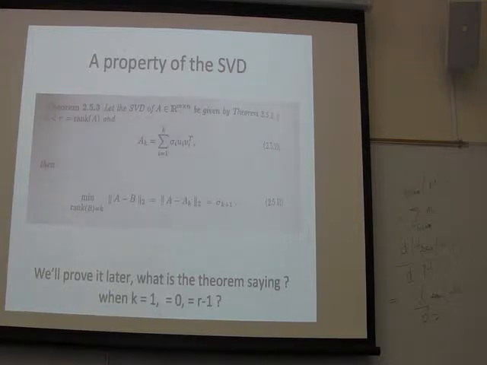M rows and n columns. This is going to be a matrix which is m cross n, and it's going to be diagonal, but only r of its diagonal values are going to be non-zero, where r is obviously less than or equal to either of m and n. And then you have n cross n. So this is a matrix which is orthogonal, and b1, b2, up to bn, these are all vectors. And orthogonality just means that if you multiply this matrix with its transpose, you will have identity.